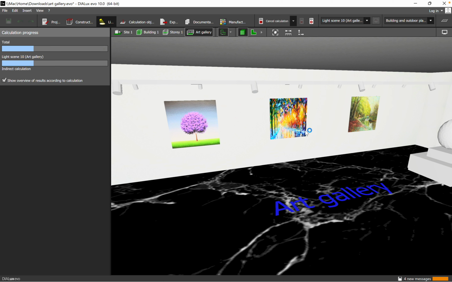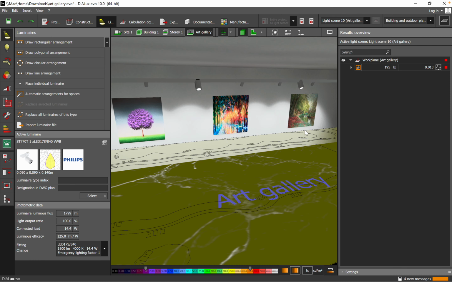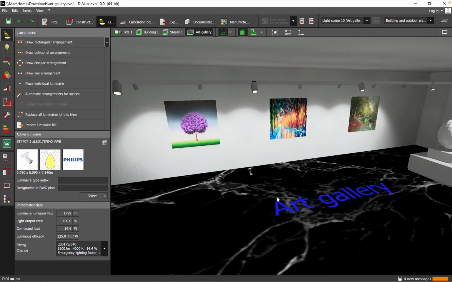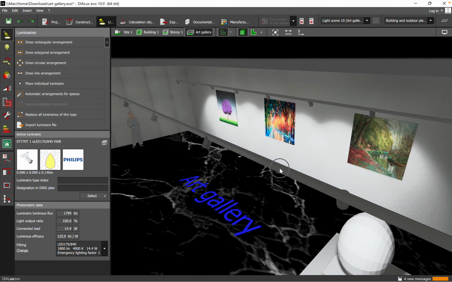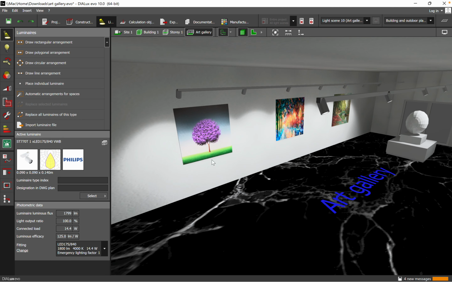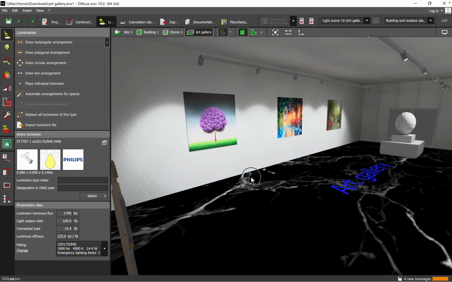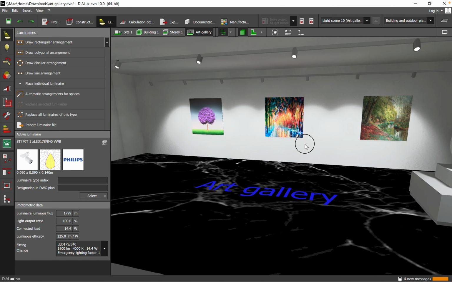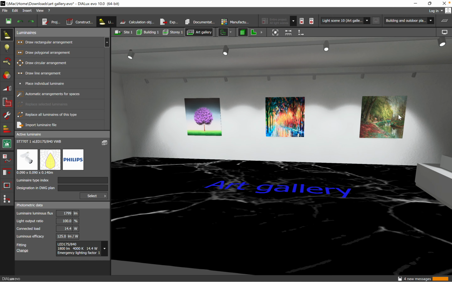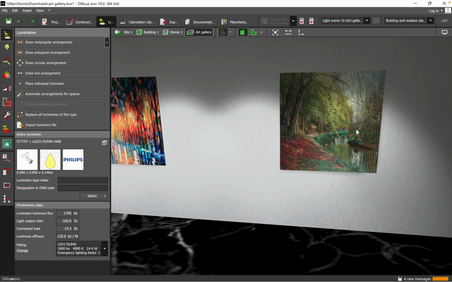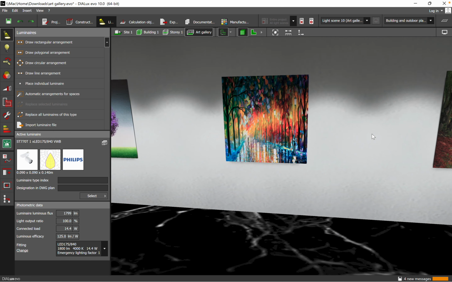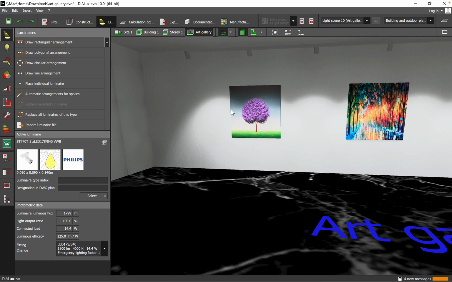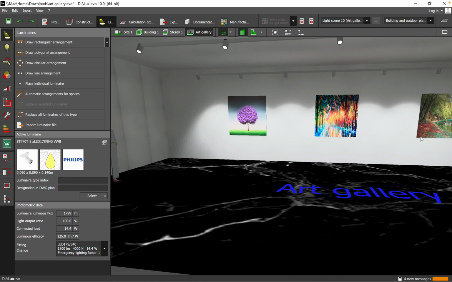So this space, or the solution, was used for a shop, so I just left the lighting system as it was for the time being from that application. But as you can see here, we have a lot of light which is not good enough to highlight the painting. It's quite uniform on the wall, but